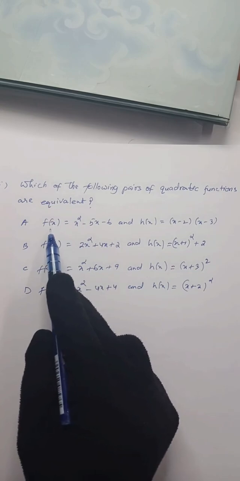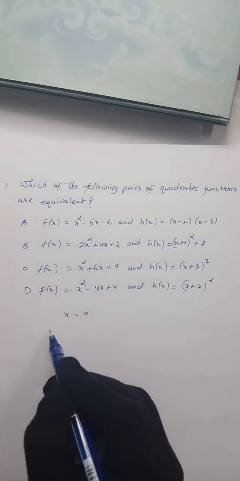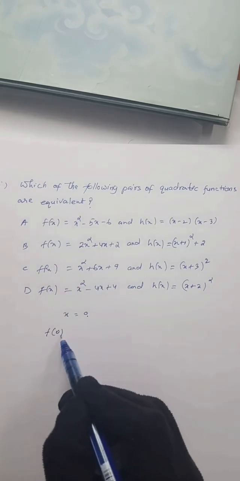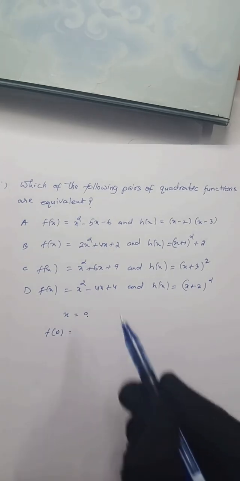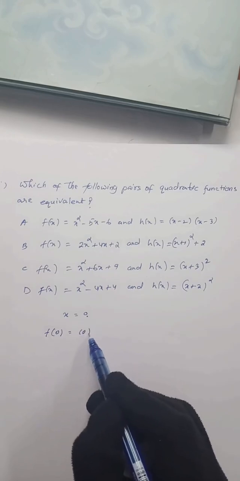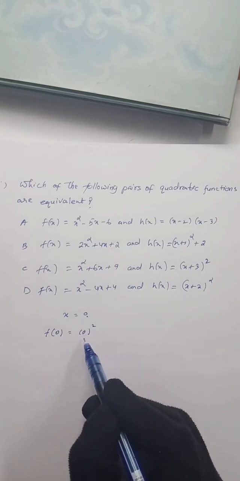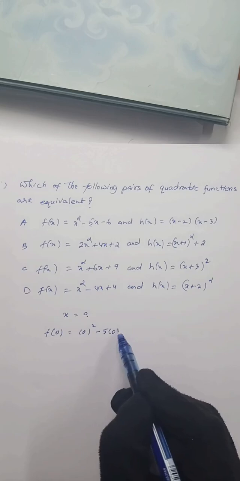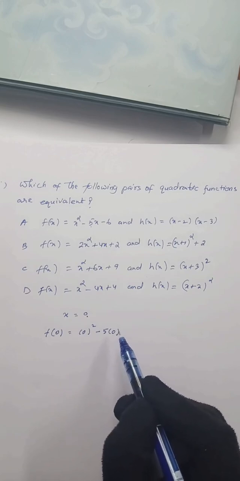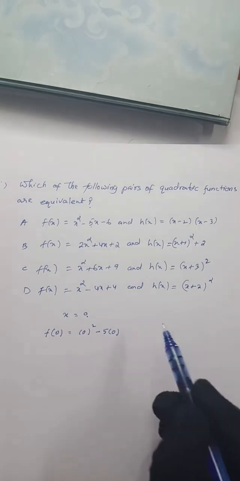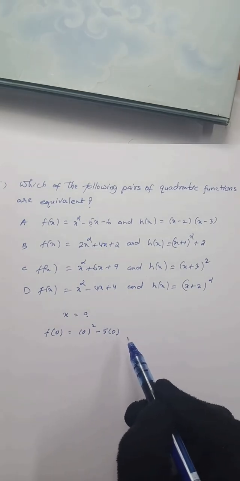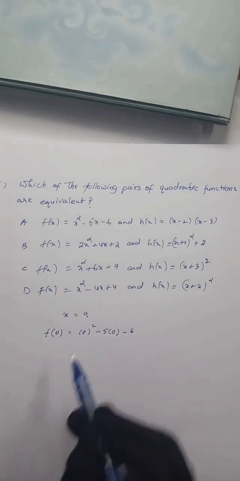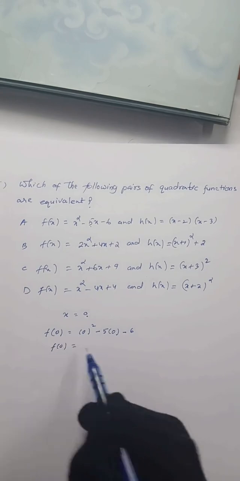If I substitute 0 in place of x in this option, you'll get f of 0 equal to 0 square minus 5 times 0, again 0 inside the bracket. In case we need to use negative numbers next time, it's always safe to use brackets. Minus 6, which is going to give you f of 0 is equal to 0 square